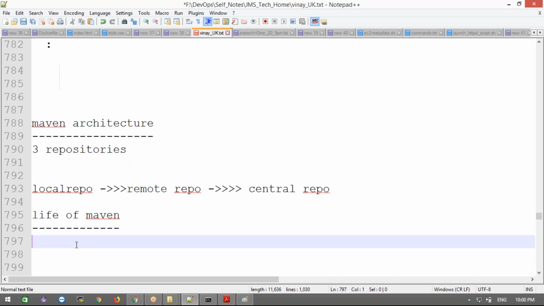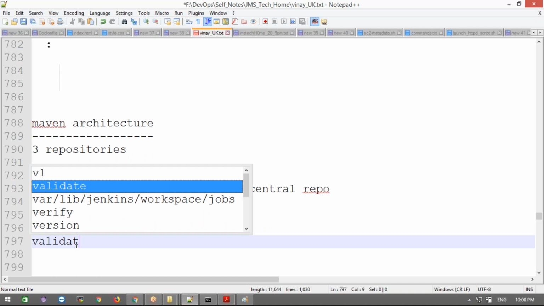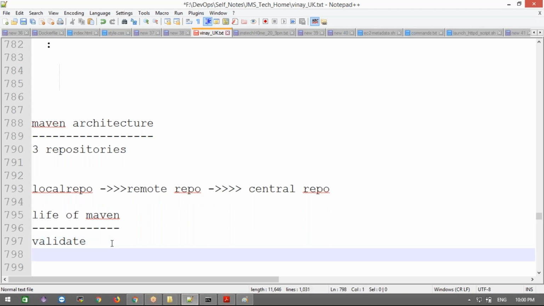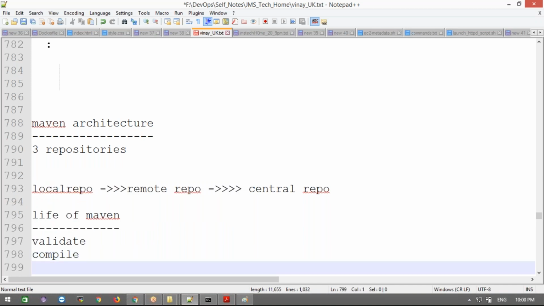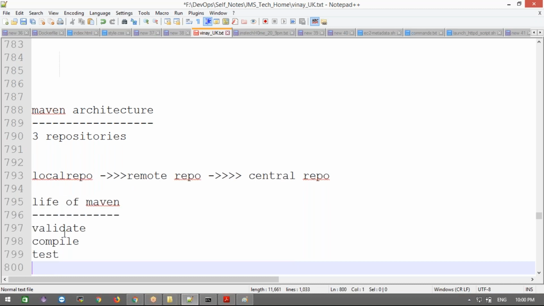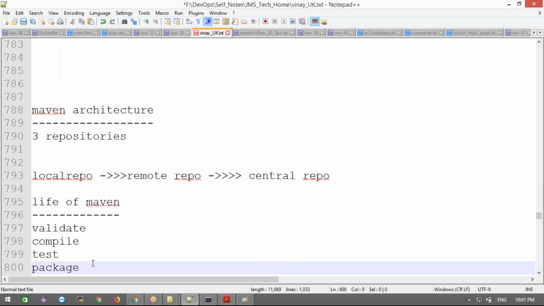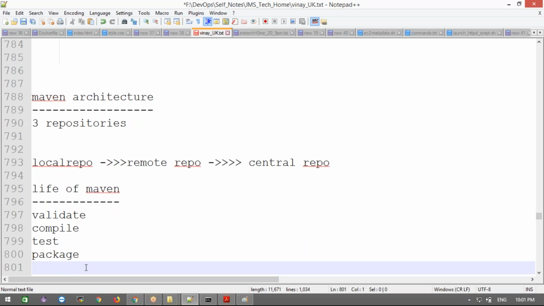For example, you are going to create a project, right? Now, what will it do in the first life cycle phase? It will validate your project structure, to check that everything is good. Then the second phase is to compile your code. Once the compilation is good, it will go to test case execution. The test classes will execute. Validate, compile, test, and package. Package means it will create the final output of our project. Once the package is done, now validate, compile, test, package,